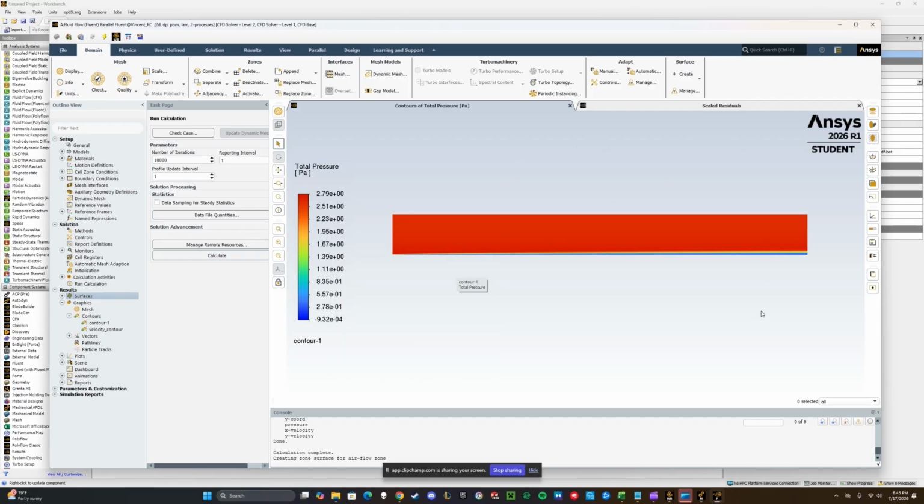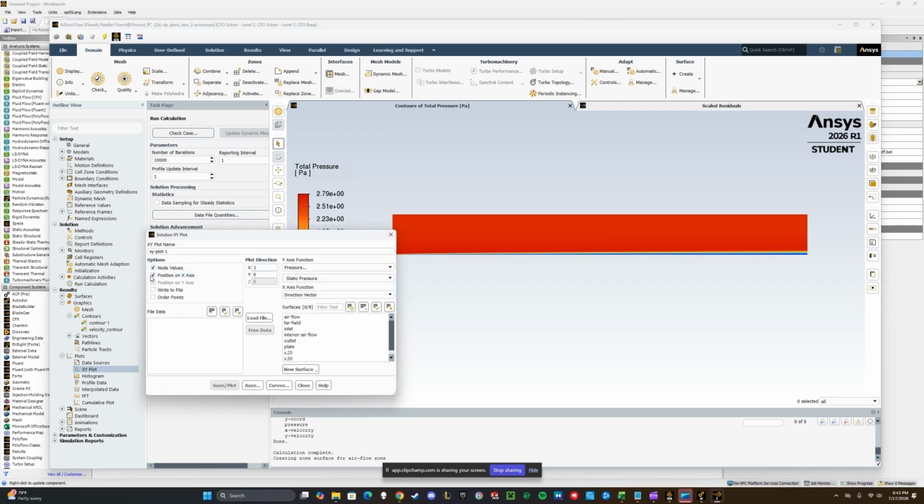They should be here. And then we can move on to plotting these on an XY plot. So we can move our position on the X to position on the Y. You can order the points. That usually works a lot better in Excel. And you can select all these. And we're going to be using direction vector. And instead of pressure, we'll have